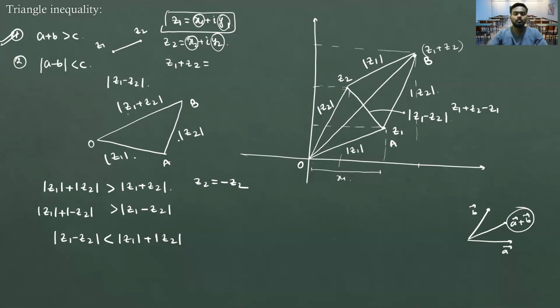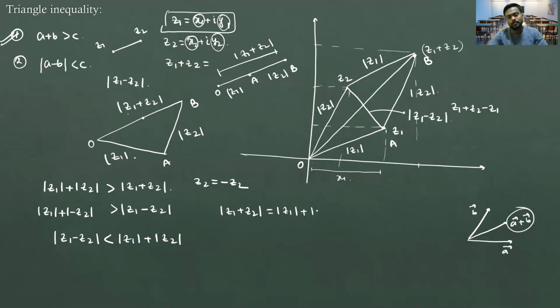Right? Now if somehow these points come on this line, so this will be basically collinear. Now this will be O, this will be A, and this is basically B. Whole length is how much? Modulus of z1 plus z2, and this length is modulus of z1. This is basically modulus of z2. So can I say modulus of z1 plus z2 is basically equal to modulus of z1 plus modulus of z2? Can we say or not? Tell me. This is a special case in which if these 3 points are collinear, then we can say this will be equal.